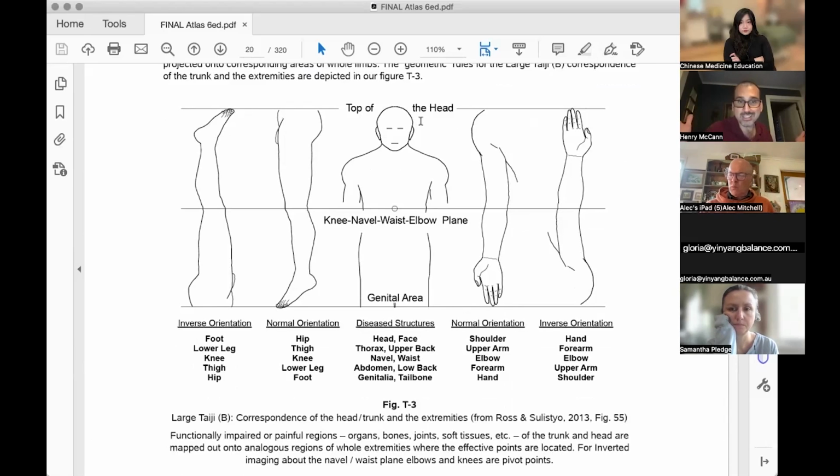We see this in TCM all the time. Liver 3 can treat headaches. The hand can treat the head. Large intestine 4 can treat headaches. We can invert the orientation. So in Dong's acupuncture, Master Dong used large intestine 14 to treat dizziness, right? Problems of the head as well. So with the context of this case, the points spleen 3, spleen 4, kidney 2, and I'll just use the TCM numbering rather than the Dong names for now,